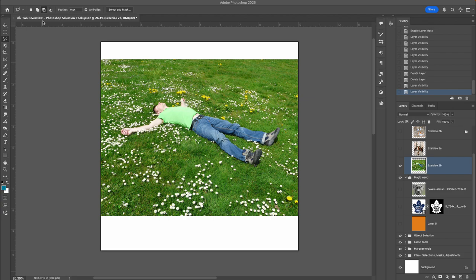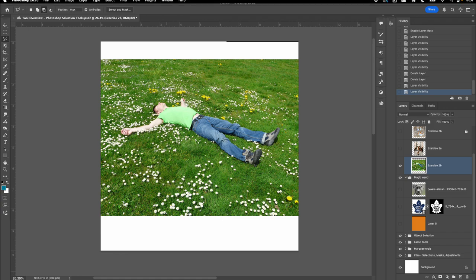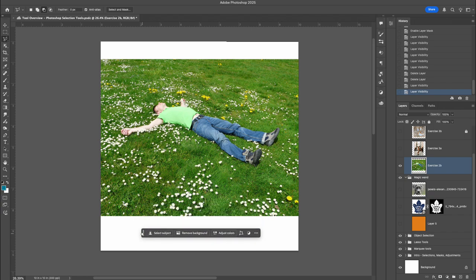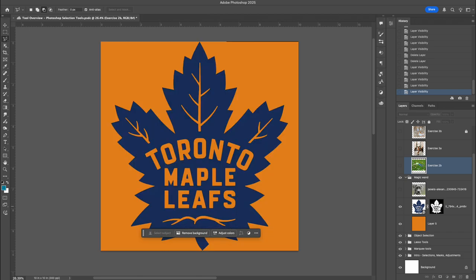Okay, so for this, you certainly are going to want to have your contextual taskbar visible. If it's not there, you're going to go to Window, down to Contextual Taskbar, making sure that you see that taskbar floating around wherever it is. And before we do any manipulations to this photo, I'm actually going to back up